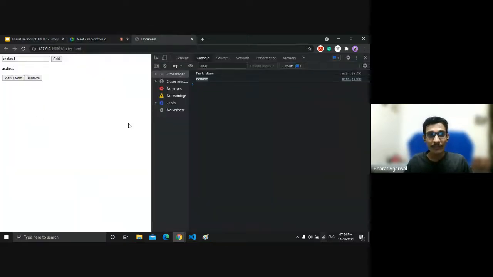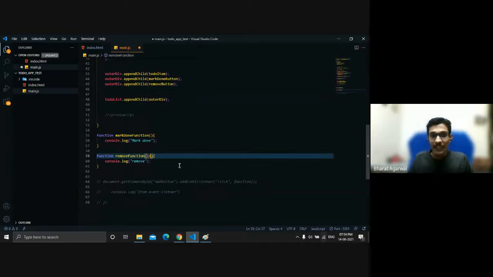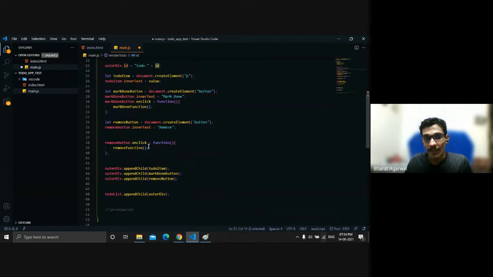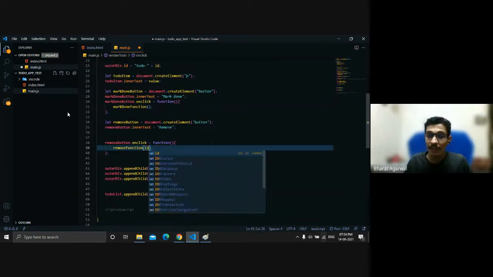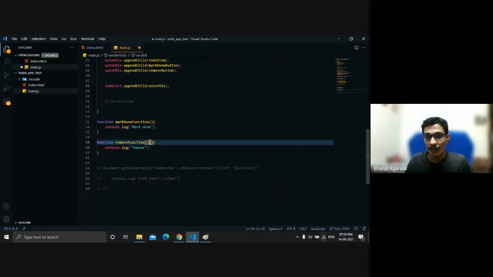Cool. So now let's see how we can mark it as done and how we can remove this element. Let's remove it. For the removal, we need some reference to it. So I'll pass this ID to these functions, since yesterday I showed you how we create a parameterized function. I want to remove this one.